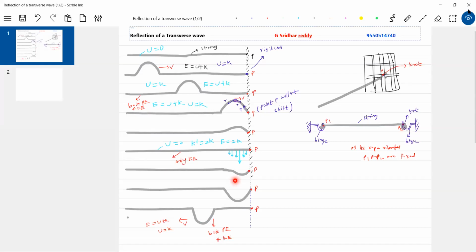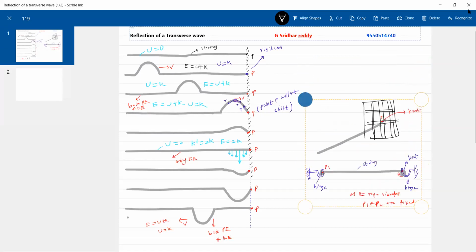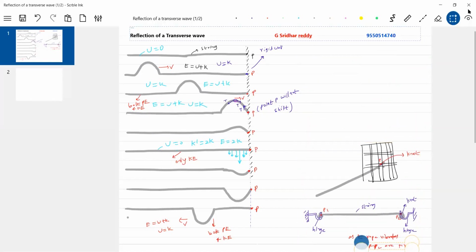So what is actually happening? The wave is getting reflected by a rigid end. So what is a rigid end? Something like this, because this end is connected to a rigid wall. So this will become a rigid end. So what is our concept? Reflection of a wave at a rigid end. So our topic will be reflection of